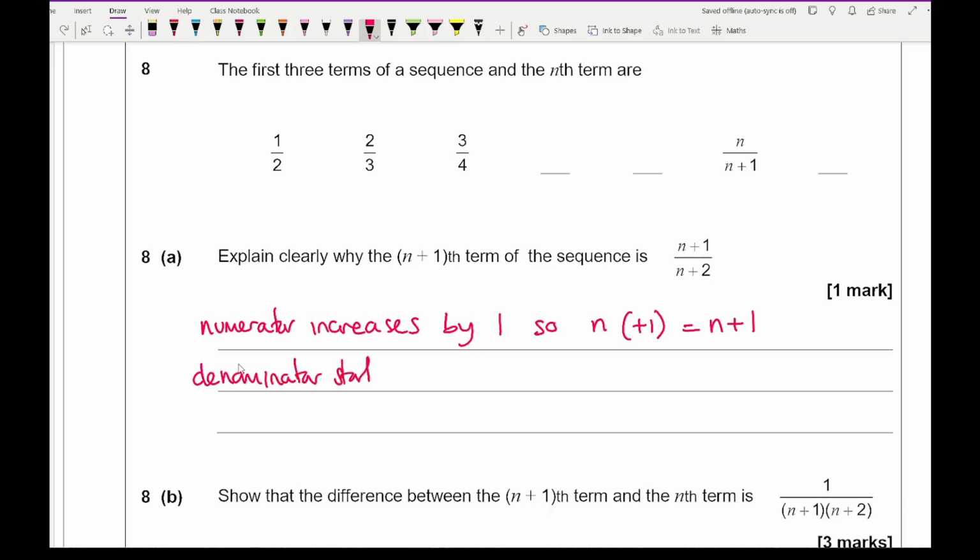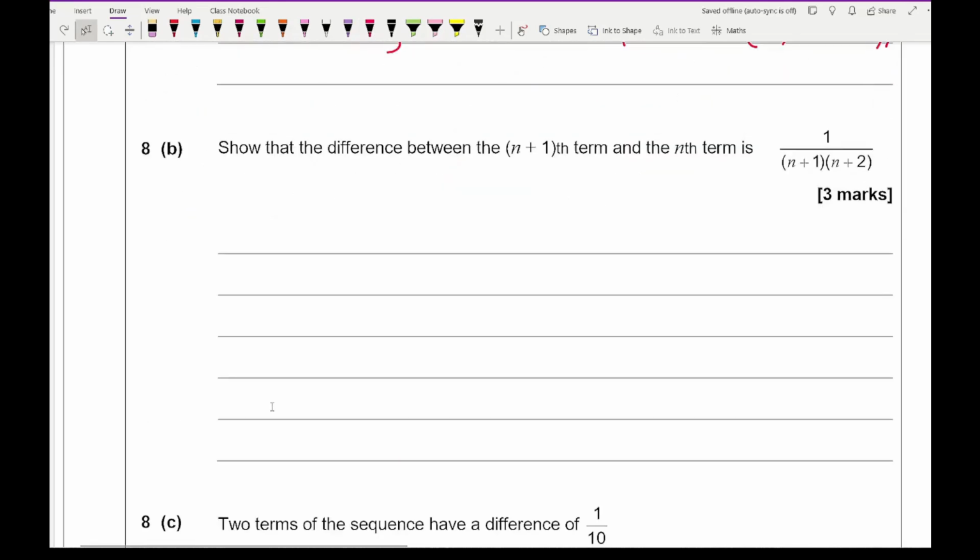and then the denominator, starting with n plus 1, increases by 1. So that's going to be n plus 1 plus 1, which is n plus 2. And there we go. Then for question 8b, it says show the difference between the n plus 1th term and the